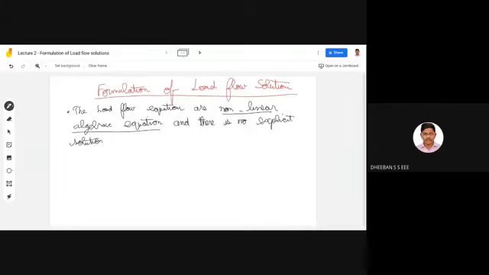You already know that a power system is an interconnected complex network. It will be attached to n number of buses, and all those buses will be interconnected with each other. Here itself you can see it is a complex interconnected bus system: one, two, three, four, and then five.